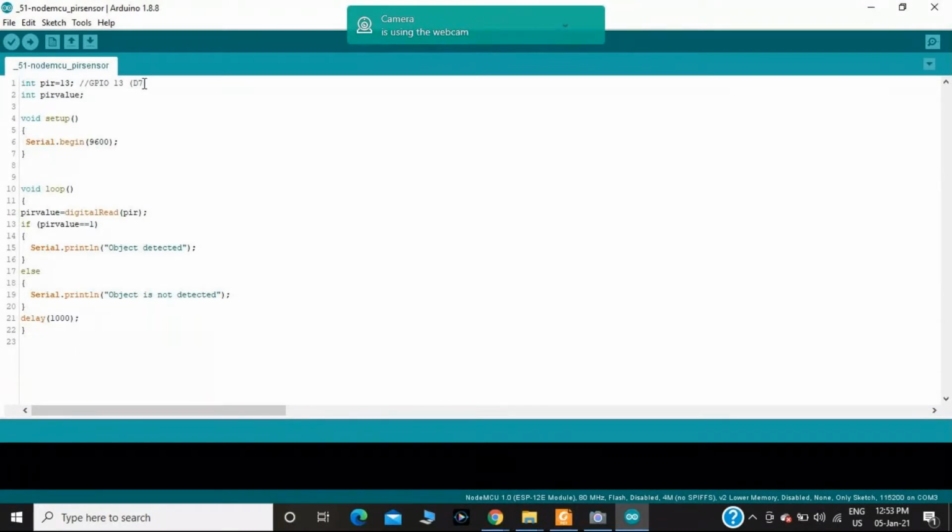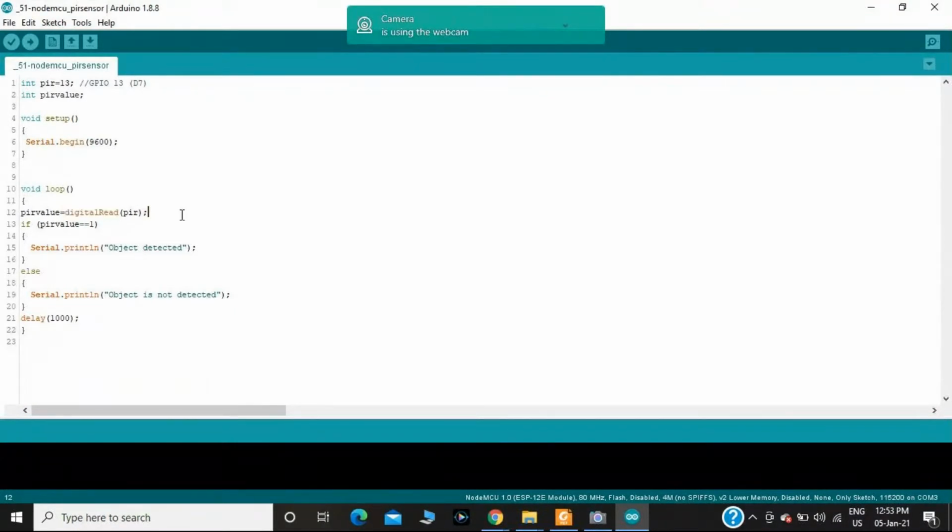With respect to D7, you will have GPIO pin 13, so int PIR equal to 13, and int PIR value. In the void setup, you will have the initialization Serial.begin 9600 baud rate. In the loop section, I am going to do the digital read.